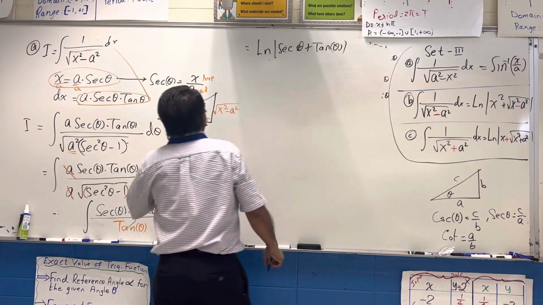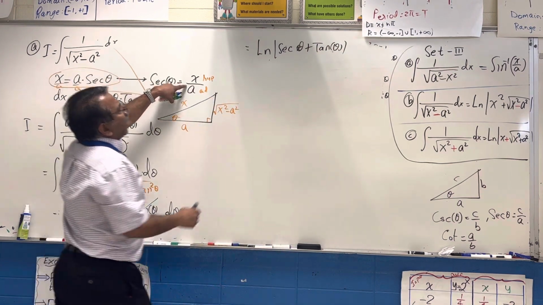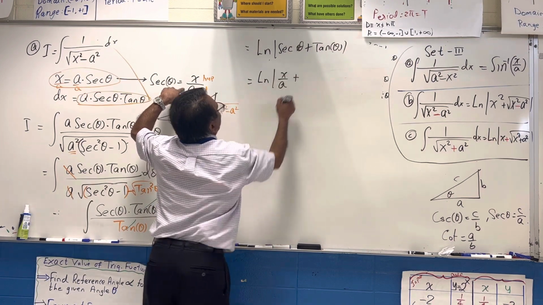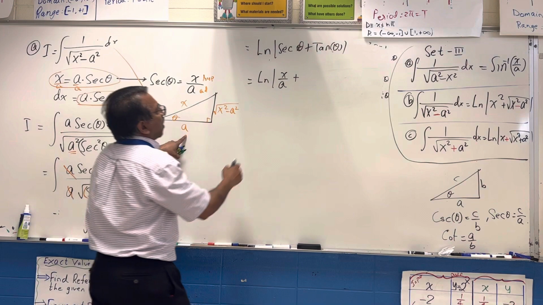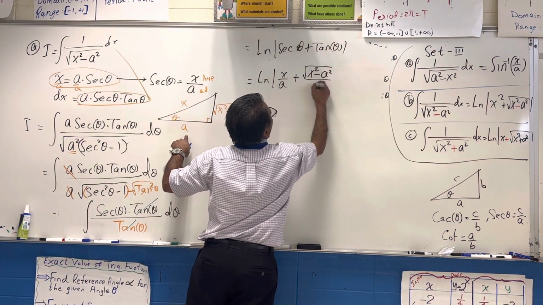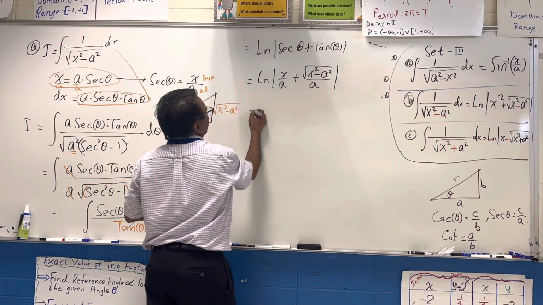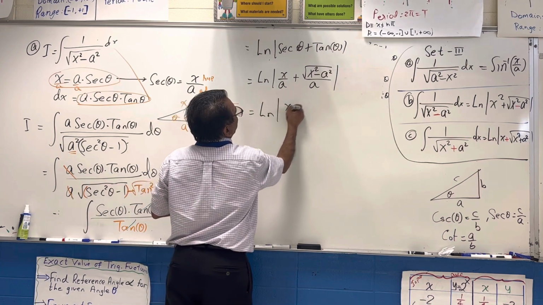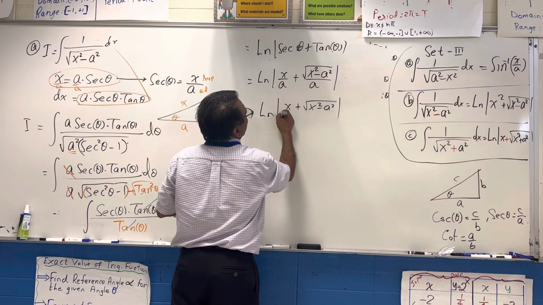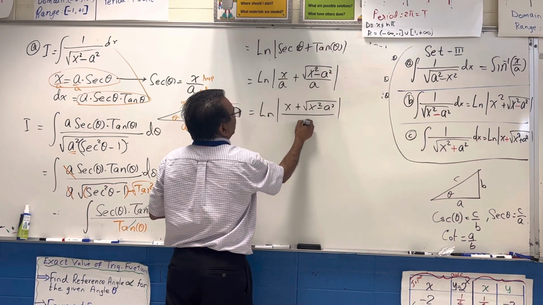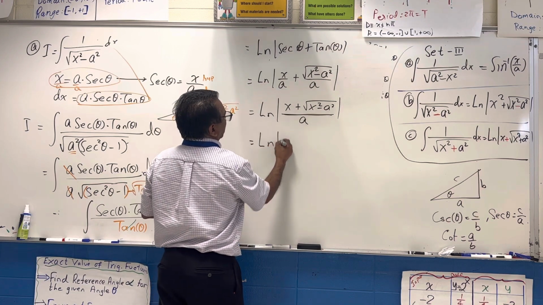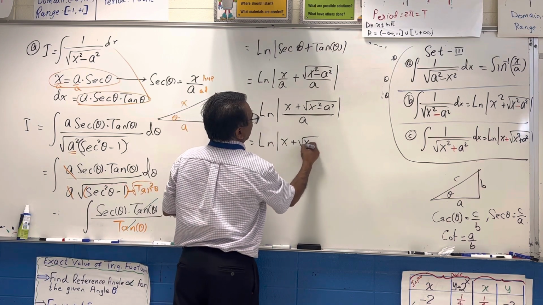Now, let's replace secant. What does secant mean? x over a, so this will be ln of x over a, and tan theta is opposite over adjacent. It has the same denominator, so write the numerator exactly the same. Then we will use the laws of logarithm. There is a division, there is a quotient. This is the same as ln of x, the numerator,